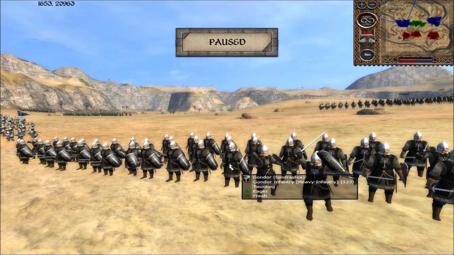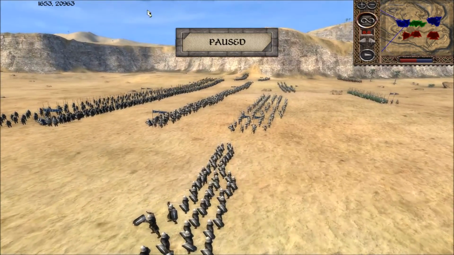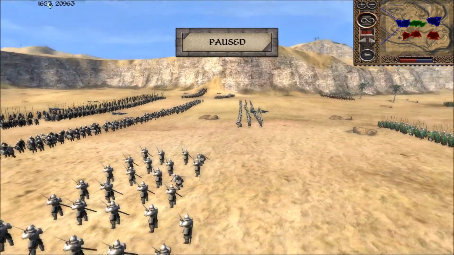I've got to say, I actually really do like the black tunics that they wear. I personally like to have 1 armor upgrade on them, just so they have a little bit of plate armor, but still they should do their job very effectively. He's got 2 units of the Care Andros Swordmasters, just a 2-handed sword shock infantry that also inspires fear,